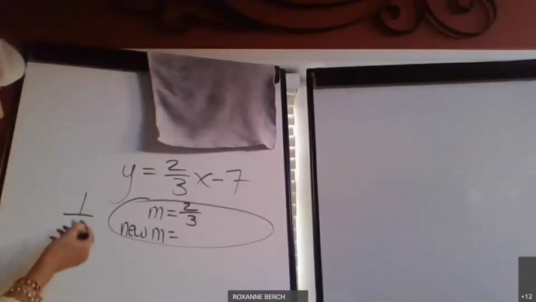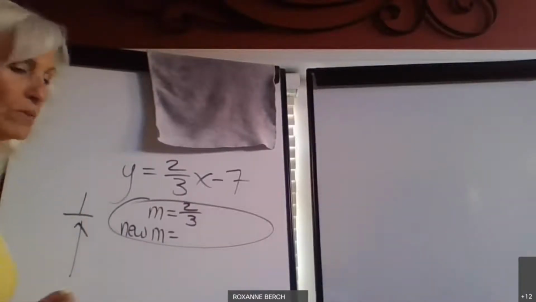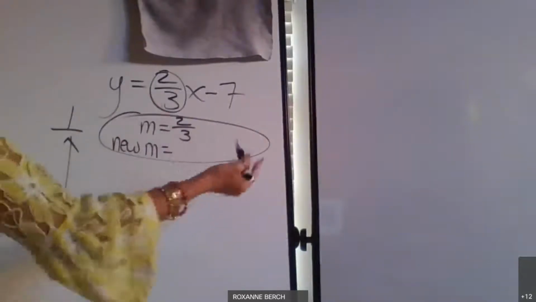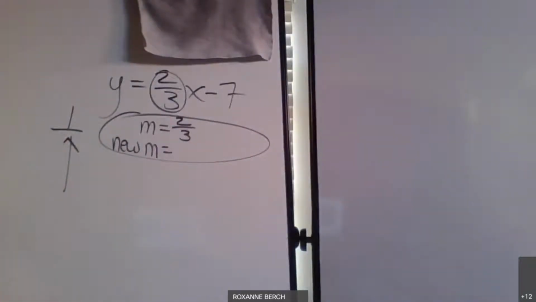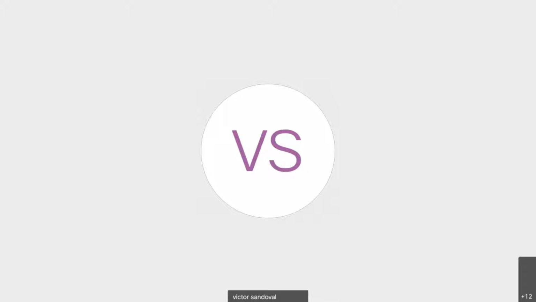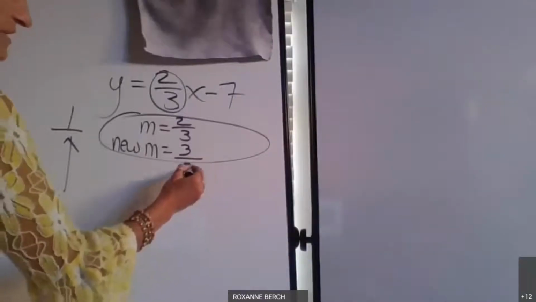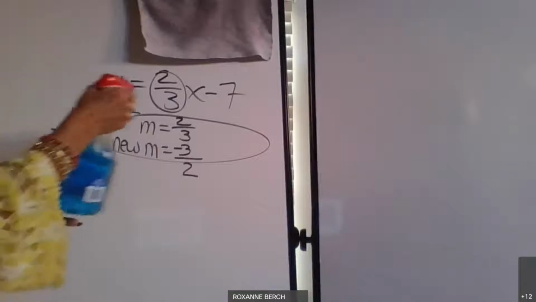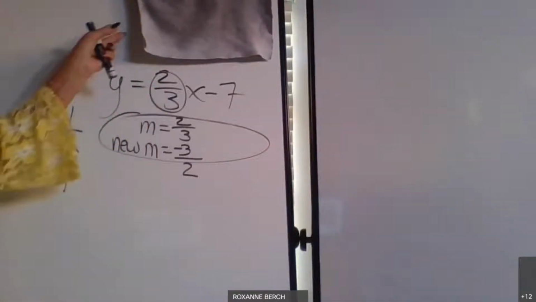So if they ask you to write an equation of a line that's perpendicular, what do you have to do for the new slope? We know its slope is 2/3. What do you have to do with the new slope for perpendicular lines? Make it negative. And what else? You have to take the reciprocal first, flip it, and then make it negative, right? That's right. So let's do another one. Now, if they're parallel, you use the same slope.